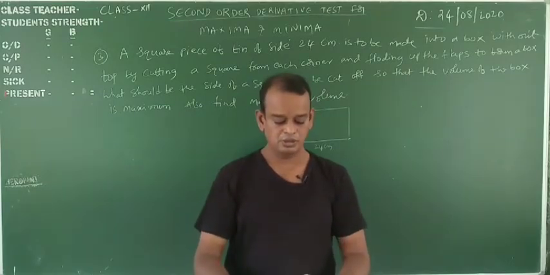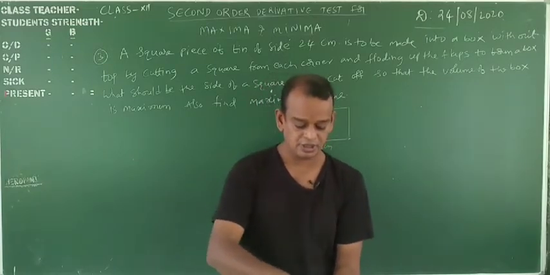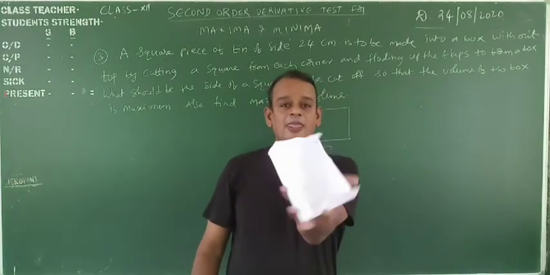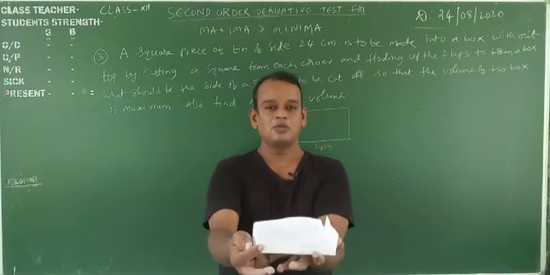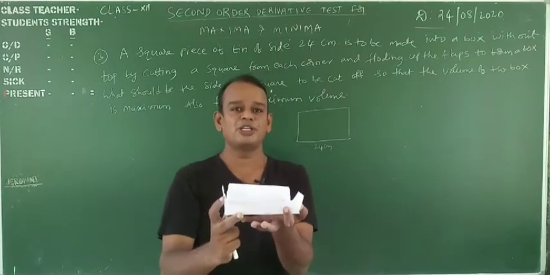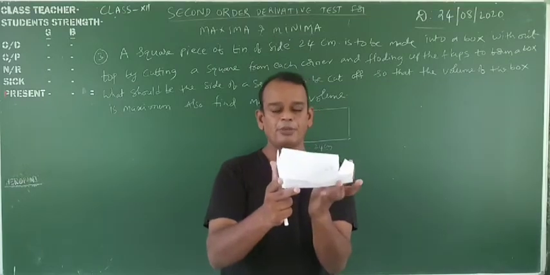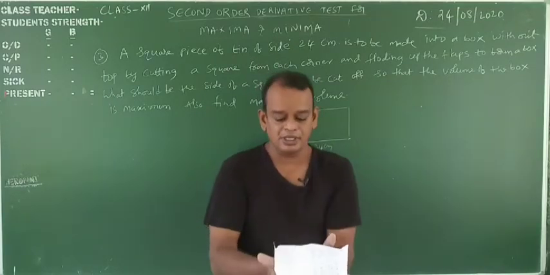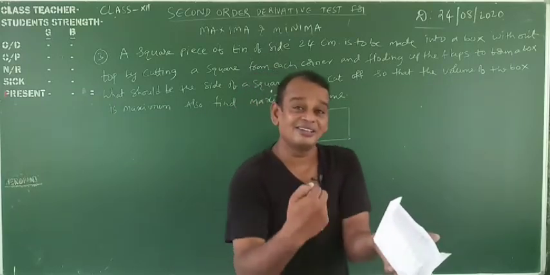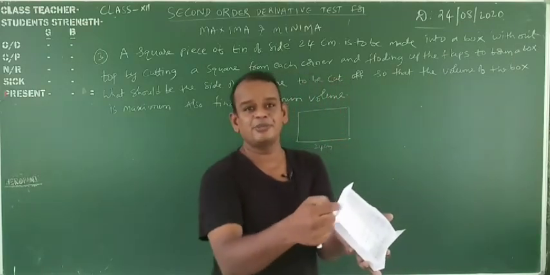Now this one is folding. What happened, my dear students? Observe that. It becomes an open box. What is the length actually? Here this side is x cut, this side is x cut. Total length is 24 minus 2x. Now observe, whenever it is a box, a cuboid, an open box, the height is nothing but the length of the side of the square of the cutting portion. What is the height? It is x.